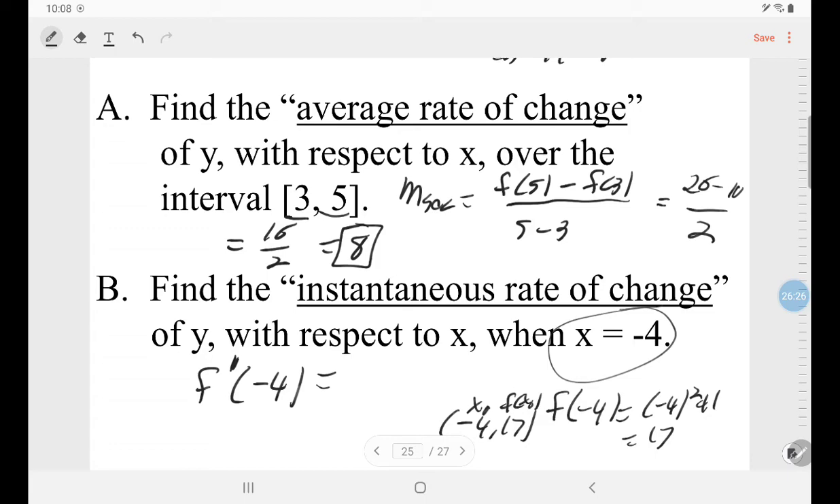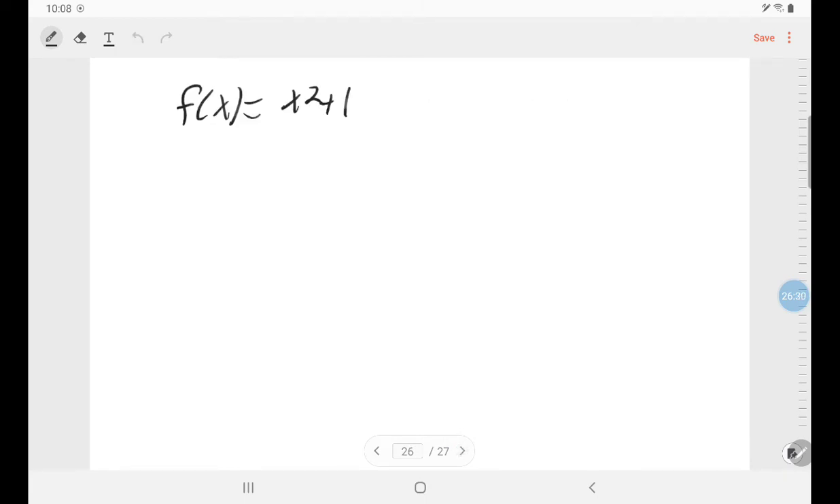This is f of x initial. That'll make things a little easier for us. So -4, 17 is our x initial, f of x initial. So to find f prime, again, this time I'm going to use the definition of the derivative,